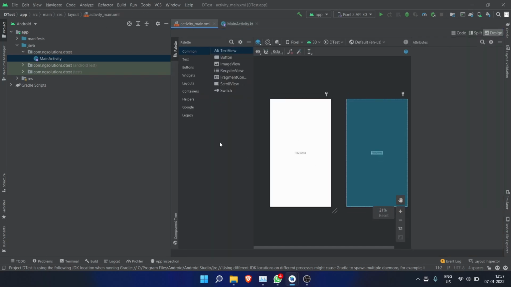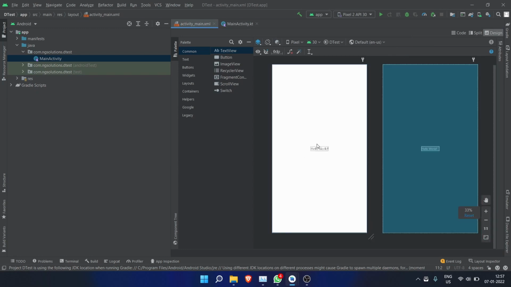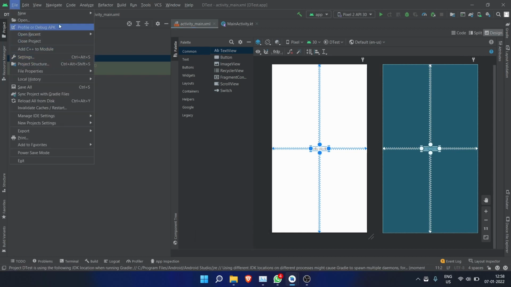So let us see, this is the basic screen that we get with the default empty activity. So we will get the hello world. So we will try to build one app, which is, let me show you what we are going to do.